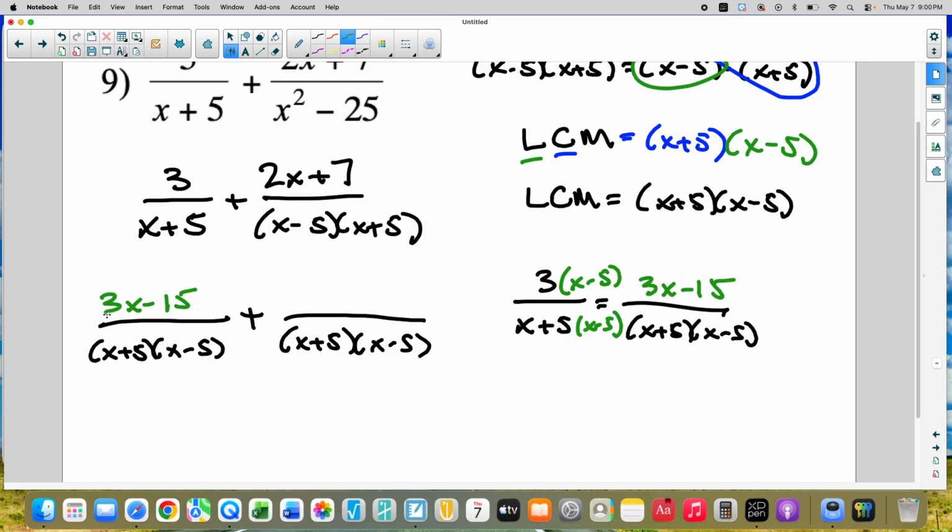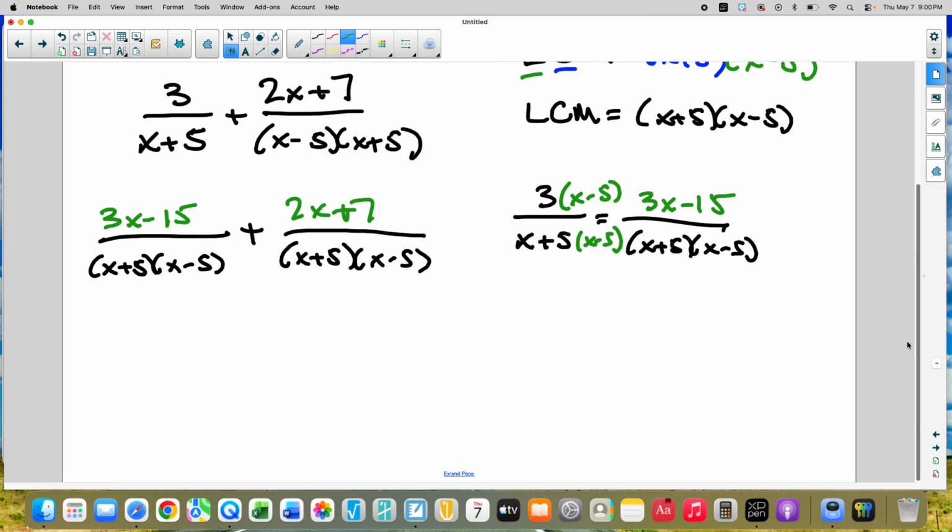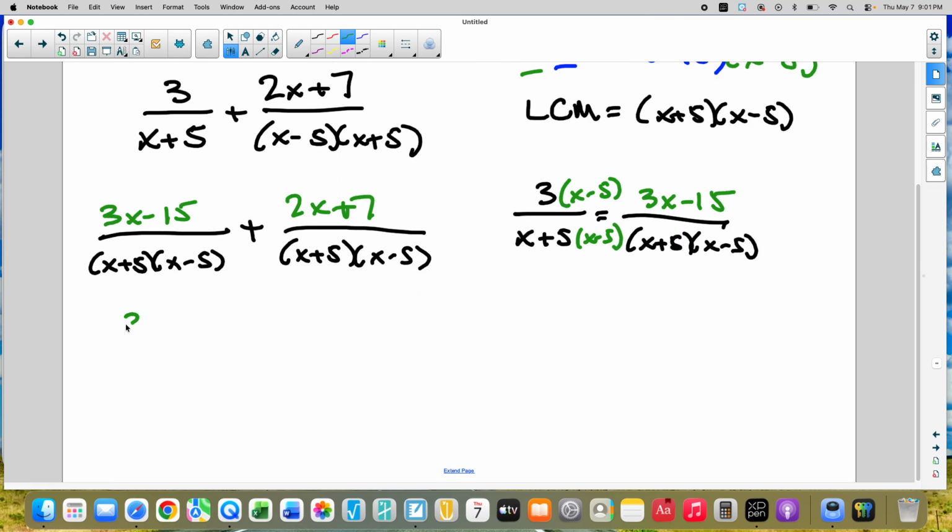This is an equivalent fraction to this with this denominator. We should notice that those are the same. So that's just going to give us 2x plus 7. We have like denominators. Now we're going to combine all the numerators. So 3x minus 15 plus 2x plus 7 all over